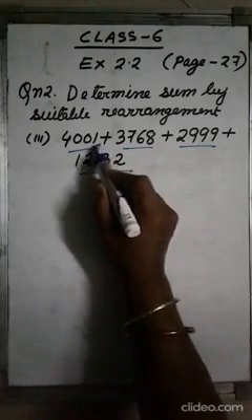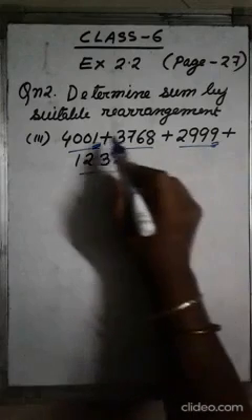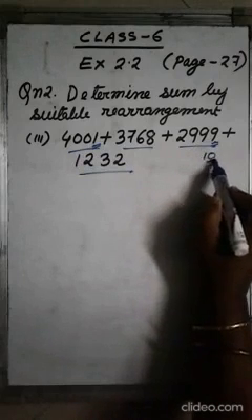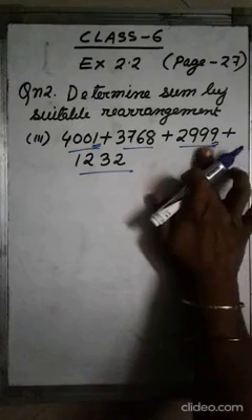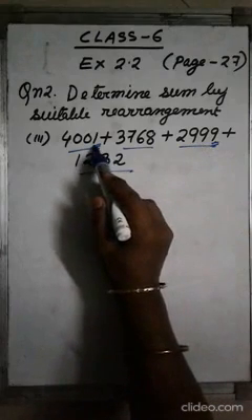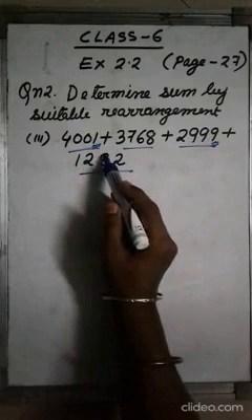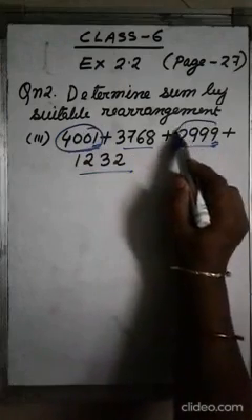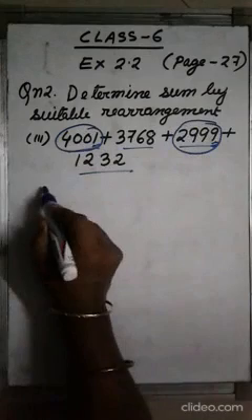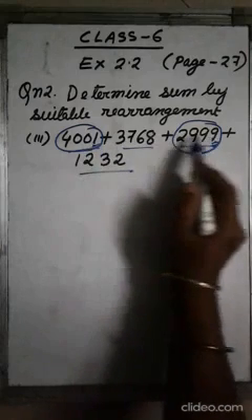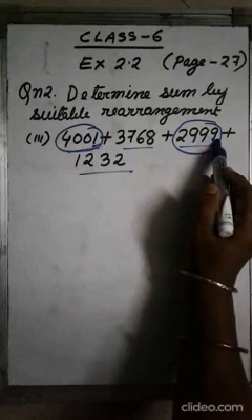This 1 and this 9. If we add these two, 1 and 9, you will get 10. That is, last digit will be 0. So we shall make pairs of the numbers, the sum of which makes the last digit 0. So this number and this number we can make a pair. So set the last digit 1 and 9. 1 plus 9 is 10. The last digit will be 0.